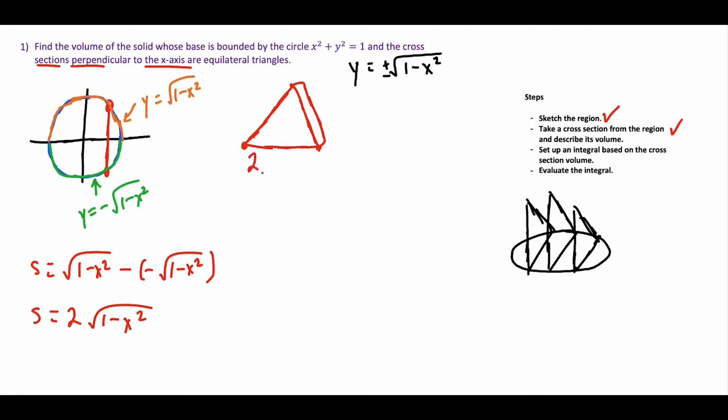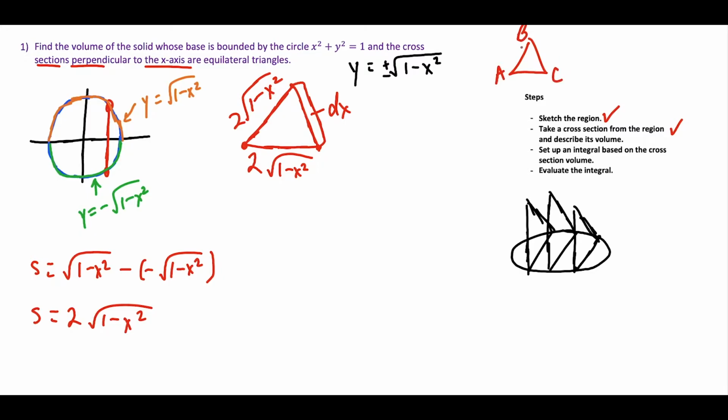So this equilateral triangle, these are the dimensions. Each side is 2 radical 1 minus x squared. And since it's a single cross section, the concept is that these are really thin. This length here is delta x. So when we want to describe the volume here, we're going to use this idea that for any